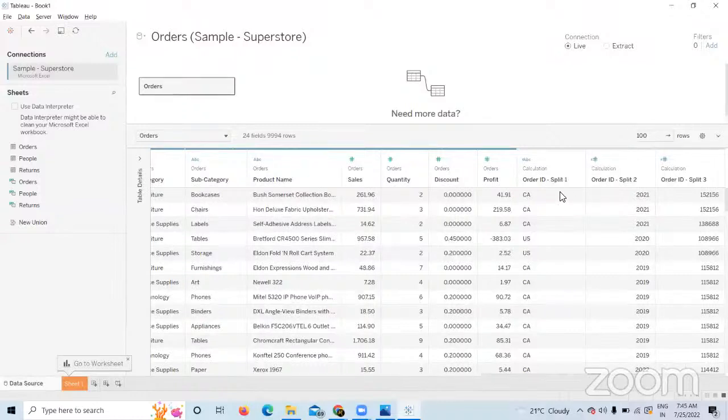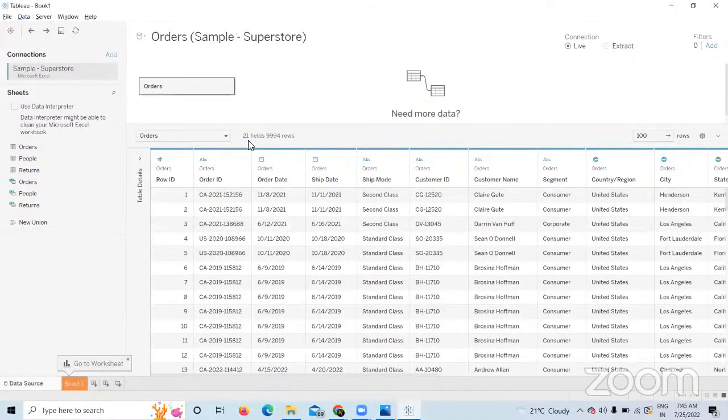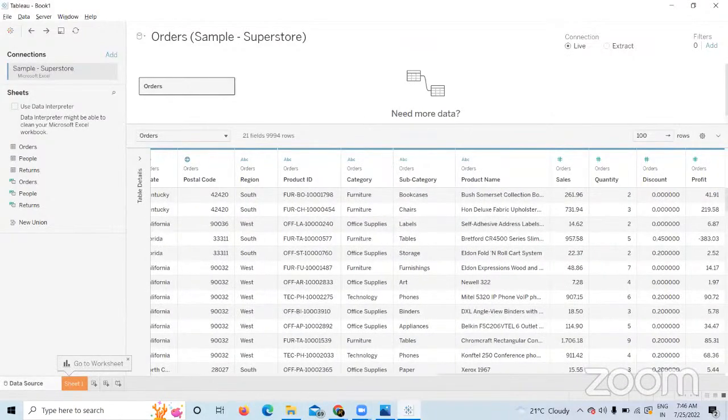But do you need all these 3 columns for your data in Tableau? What do you want? You want only this order ID, these pure numbers. I'm pressing Ctrl Z, guys. Ctrl Z will help us undo the changes that we have done. When I press Ctrl Z again, it will come back to 21. That means whatever split I applied vanished from the list of columns that we have. I mentioned to you earlier,